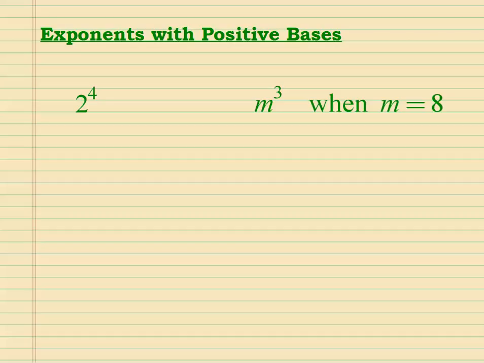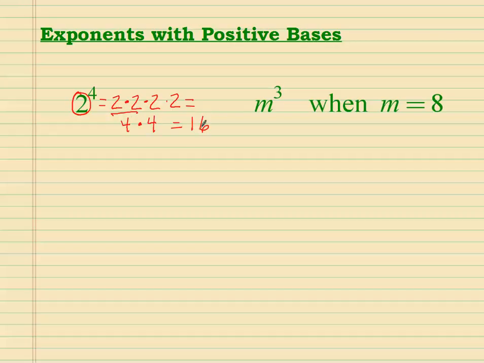So let's go into exponents with positive bases. These are things that you guys have seen before. So the exponent tells you how many times to multiply the base by itself. And the base is everything that the exponent is touching there. So since it's a 2, we're going to multiply the 2 by itself 4 times because the exponent is 4. So we have 2 times 2 times 2 times 2, which gives us 4 times 4. I'll show my work,